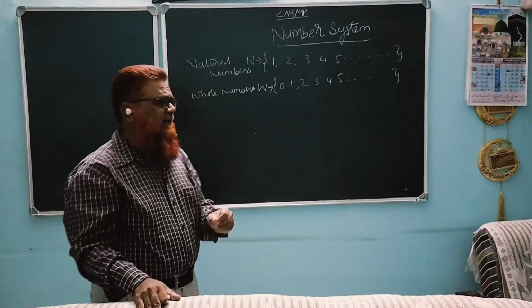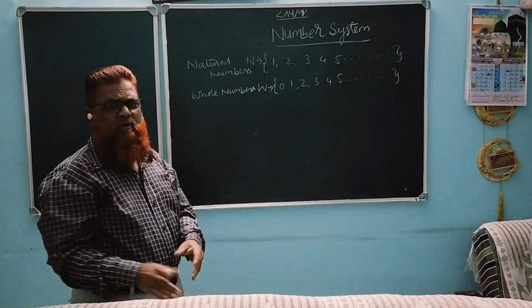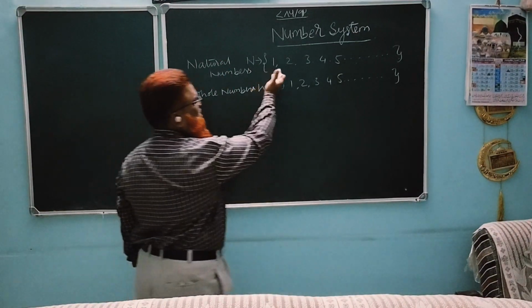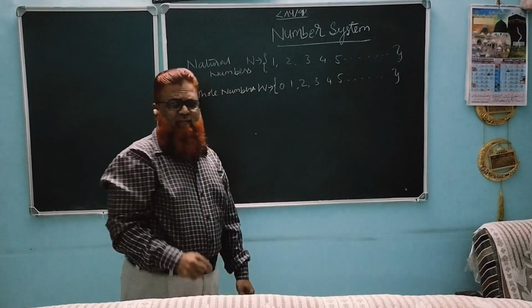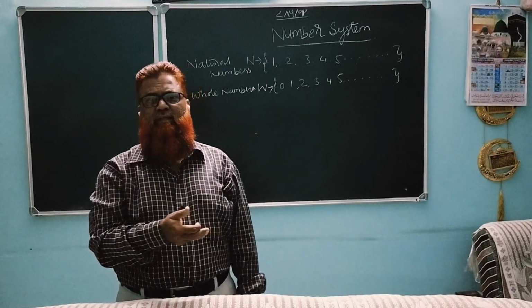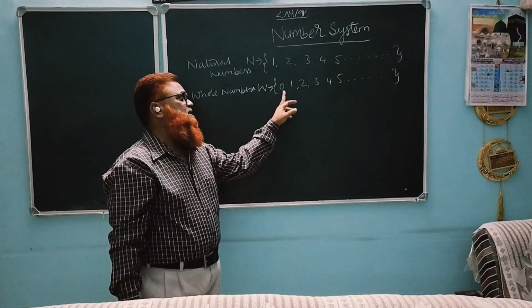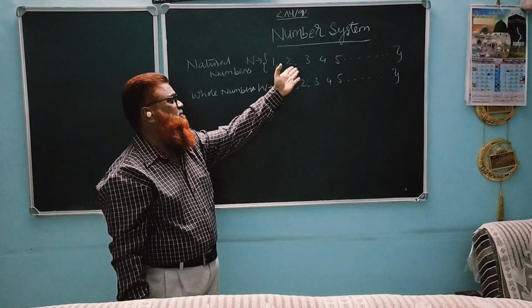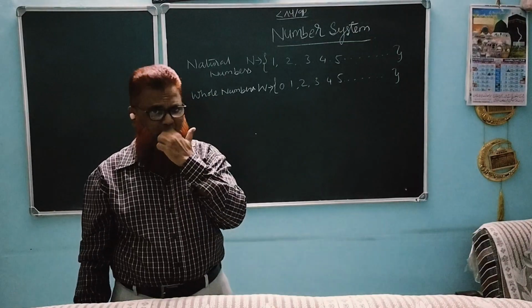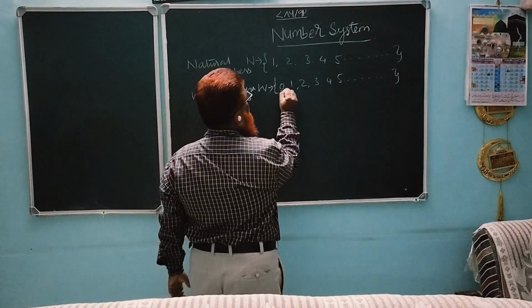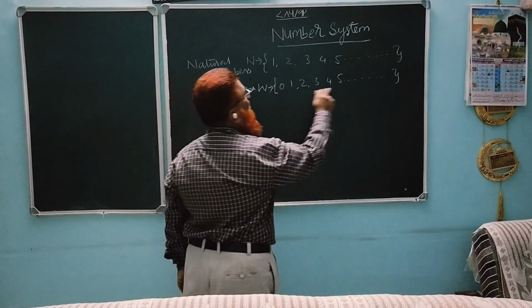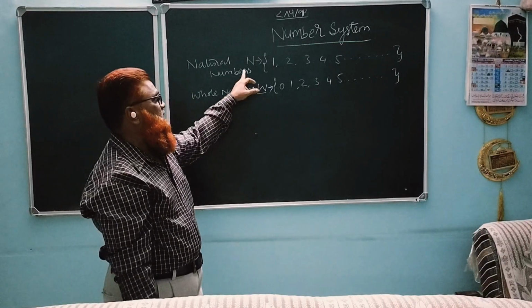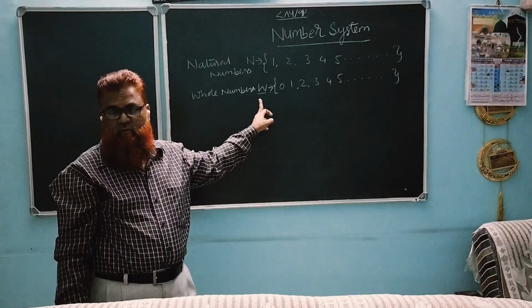Can you notice here very clearly? Natural numbers and whole numbers, what makes the difference? When you count it, you will find that here is also 1, 2, 3, 4, 5 and here is also. Then what is the extra thing that we have written here? You can say very clearly there is only 0. 0 has come extra. Otherwise, the numbers the natural number consists of are repeated here in the whole numbers. So, what is this 0? 0 is an additional number in the whole set. So, we say that it is a whole number. So, natural number with 0 is termed as a whole number.